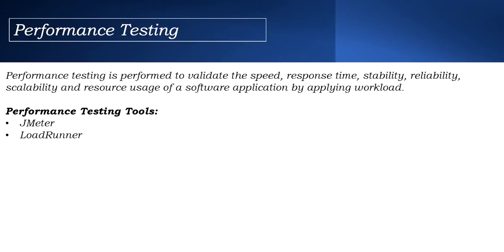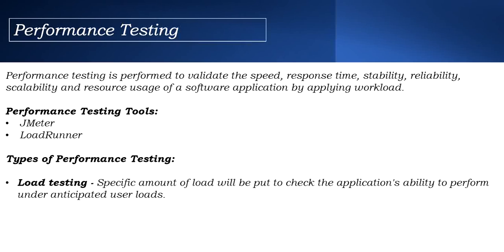Next, coming to the different types of performance testing, we have something called load testing, wherein we put a specific amount of load to check the stability or ability of the application to perform under the anticipated user loads, how the application is performing under the specified amount of load, let's say 50 to 100 users.